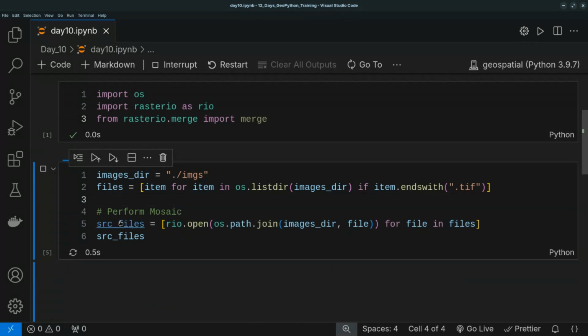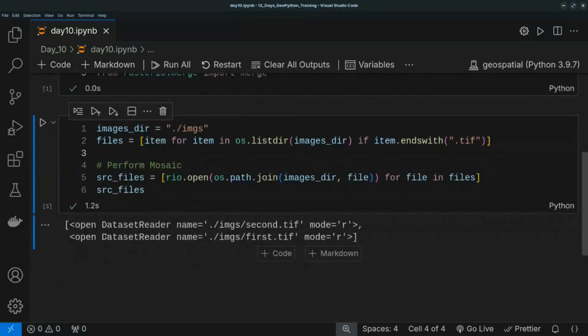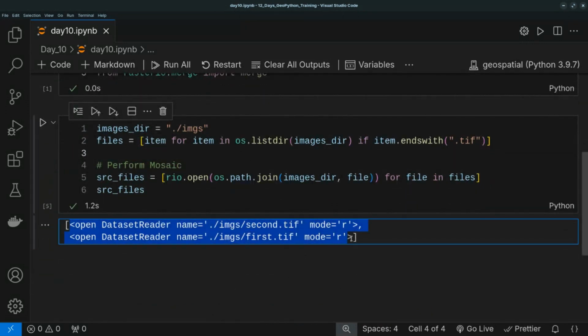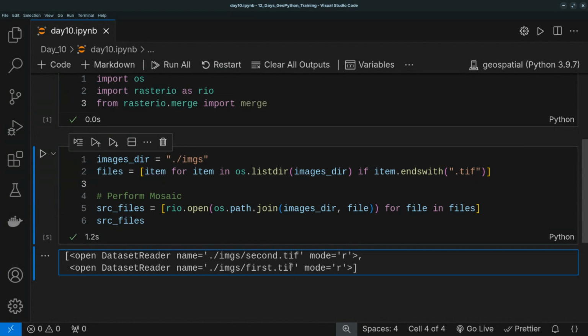So now when I print SRC files, I see that we have two Rasterio objects here in read mode, and their names are here nicely like that. I really sometimes don't understand why os.listdir doesn't sort its output alphabetically. But this one doesn't really matter. So now that you have these source files, what I can do is,